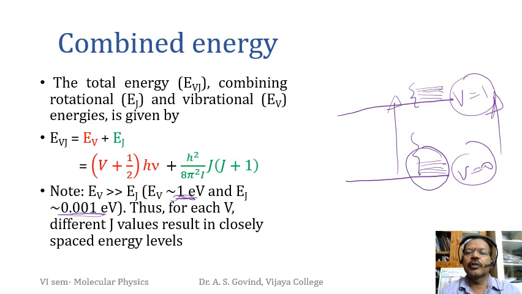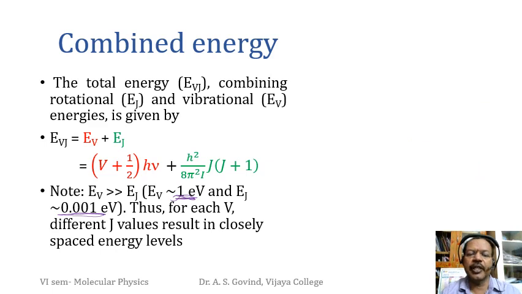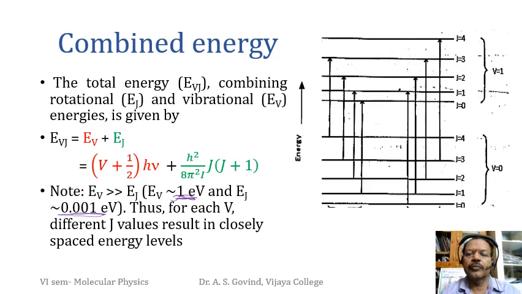So I will show the energy level diagram as it is usually written. It is usually written like this. This corresponds to V equals 0, the first set of levels. The next one corresponds to the next set, V equals 1. And these in-between lines correspond to rotational energy levels. So these are rotational energy levels for one set, and this is for another set.